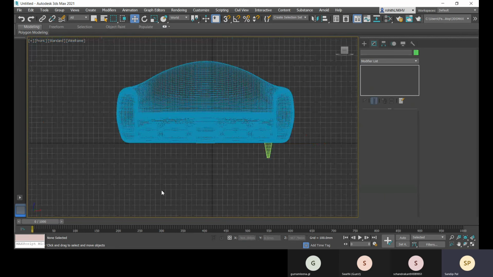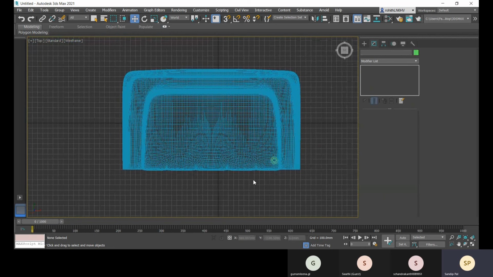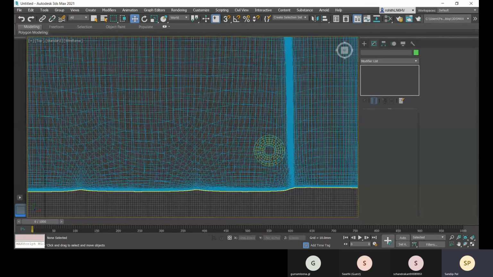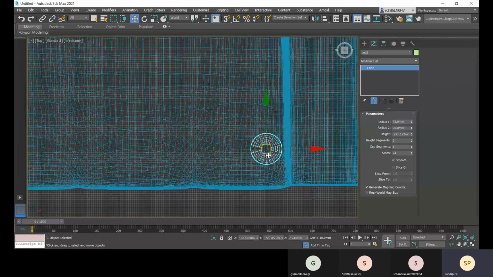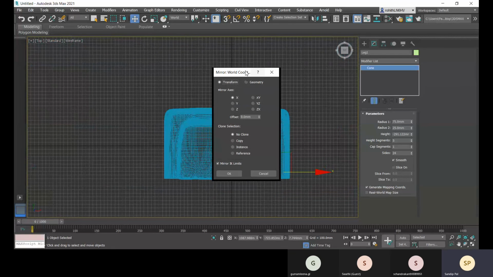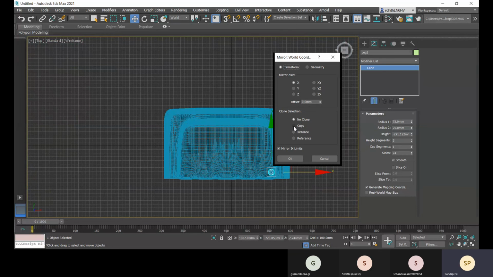And now let me come back to top again, and I'll be selecting this cone. Then go for the mirror, and I'll create a copy or instance. Let's choose instance.